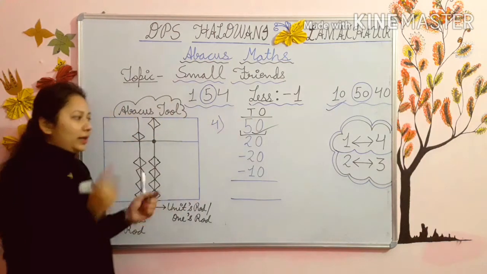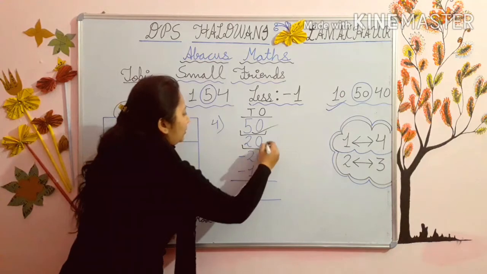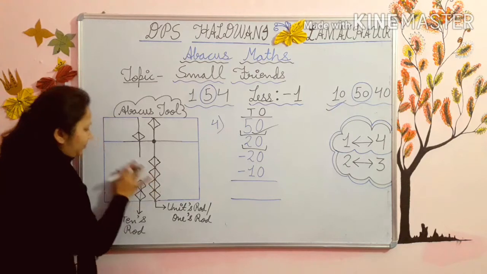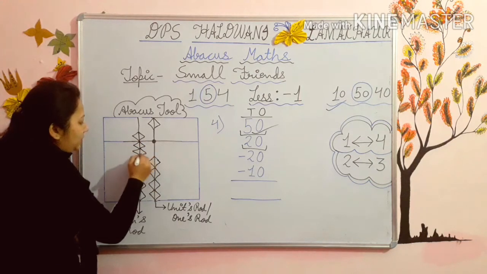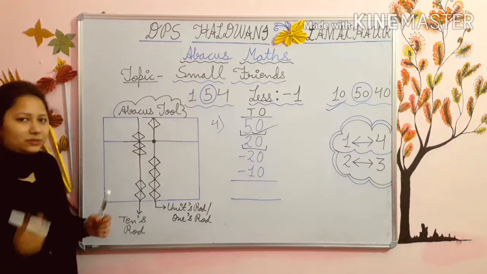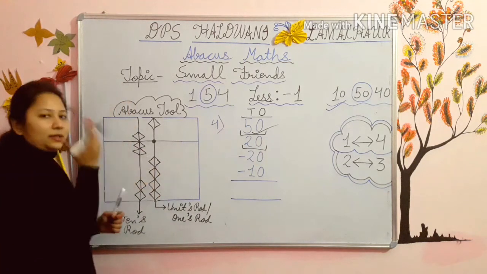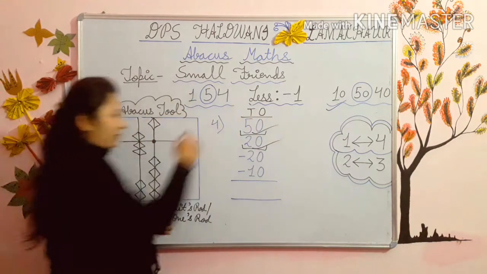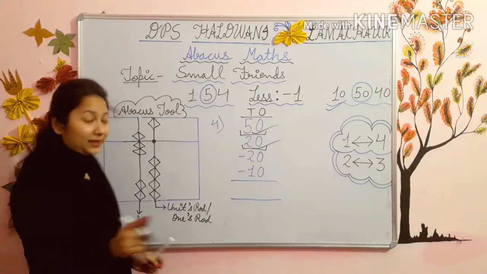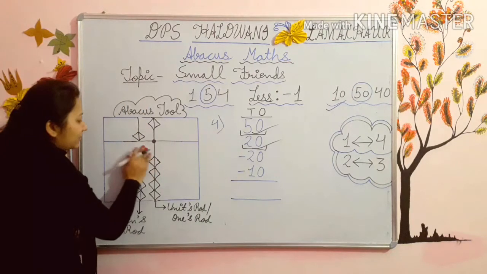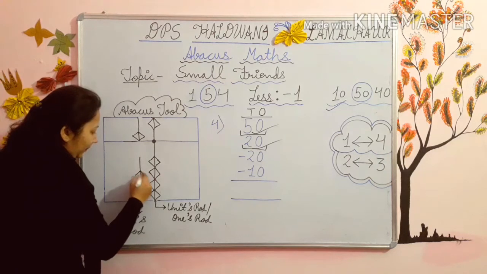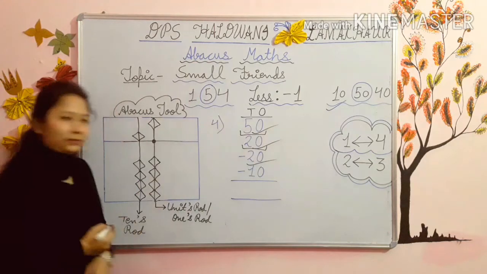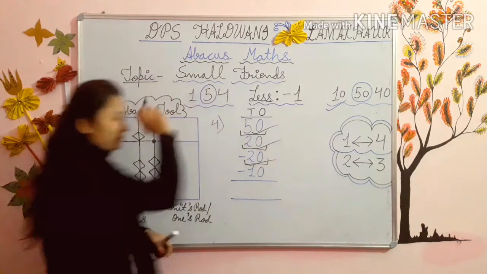This is done. Now next you have to add 20. So 10, 20. Put 2 beads up. Again I am repeating, kids, you can do it like this also: 0 here, 0 means nothing, and 2 here. So I have added 20. Done. Now next you have to do minus 20. Minus means put the 2 beads down again. 10, 20. This is also done. I have taken 20 and we have subtracted it.